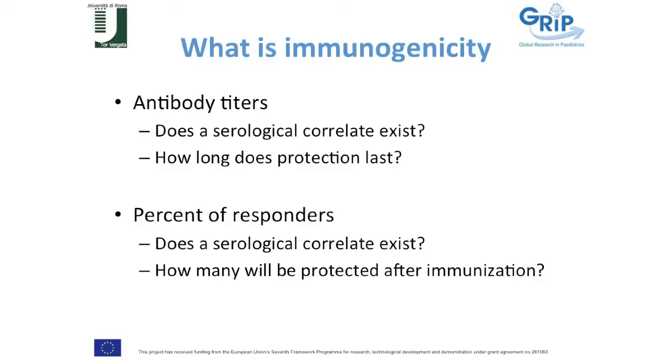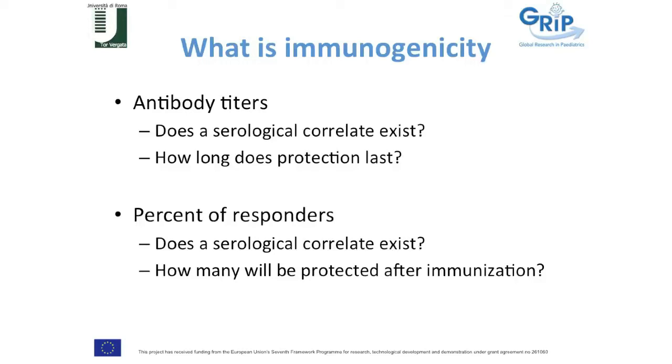We don't know a correlate of protection in others. For example, we are not aware of what threshold of antibodies is needed for protecting an individual against pertussis. So this measure is not very useful when we don't know exactly what the correlate of protection is. Another point is that possibly the higher the concentration of protective antibodies, the longer the protection from a disease. But we still have a number of question marks in the interpretation of